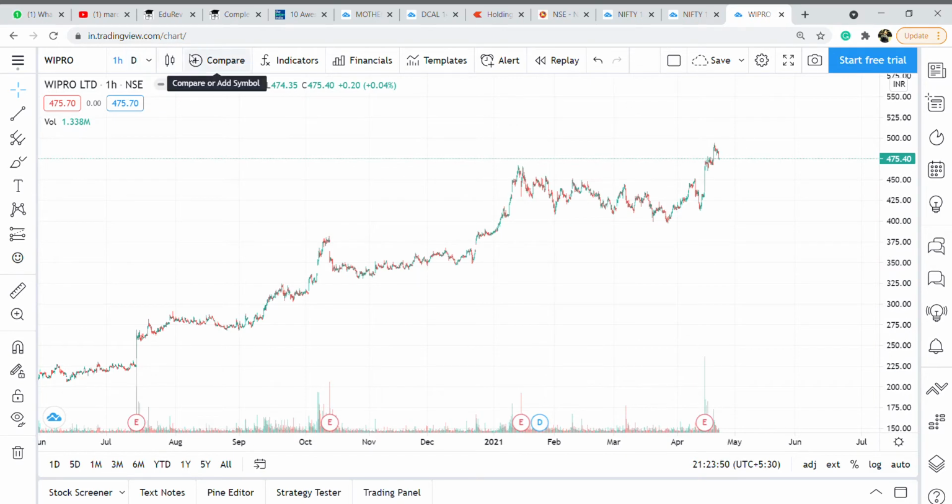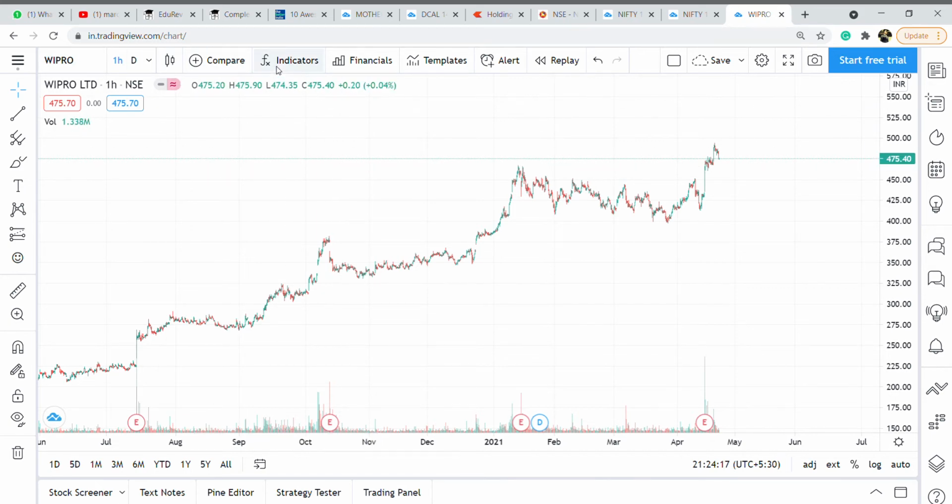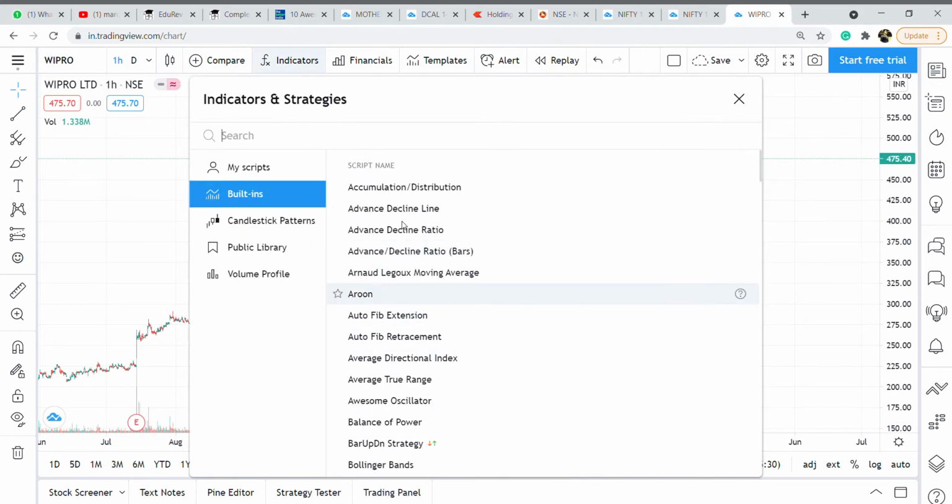After the charts, we have another option, that is candles and different chart styles. So there are so many styles over here. There are something called bars, candles, lines, etc. But the most efficient thing is the candles. So the candle is the most important thing that you should be learning, and I will teach that. And you are not going to change anything in these settings particularly. And this part is indicators, and I think you'll be learning about this in the future.